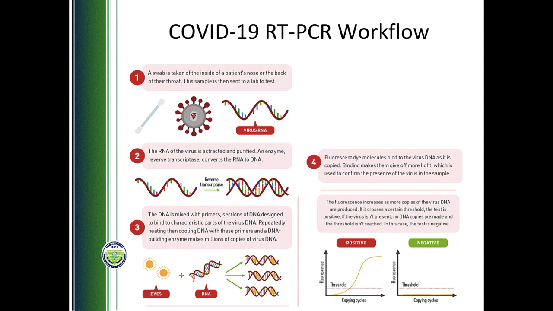So with coronavirus detection, the first step is always collection of the specimen, which is usually performed using a sterile swab. The swab is used to collect the virus specimen from the patient. Then the virus is destroyed and the RNA present within the virus is brought out. Then we perform the reverse transcriptase reaction, the RT-PCR reaction, to convert that RNA into DNA, shown here in step number 2.